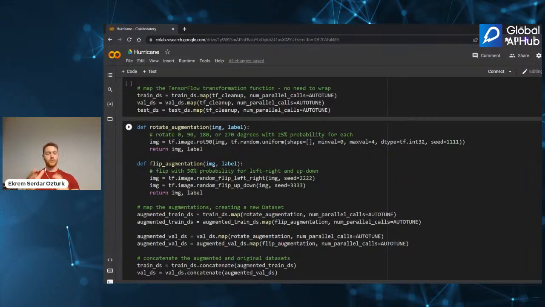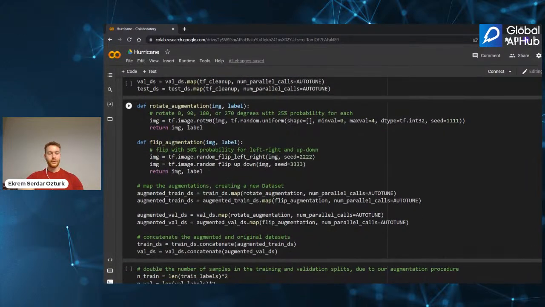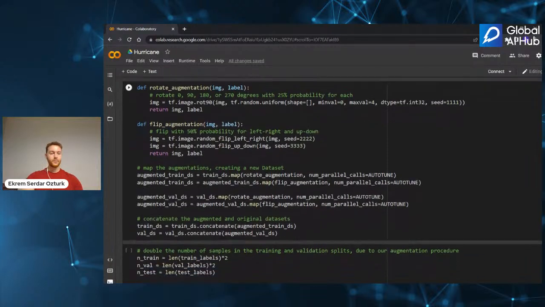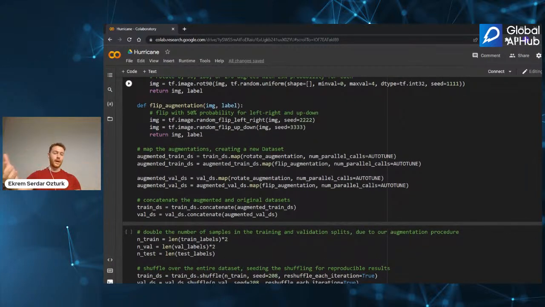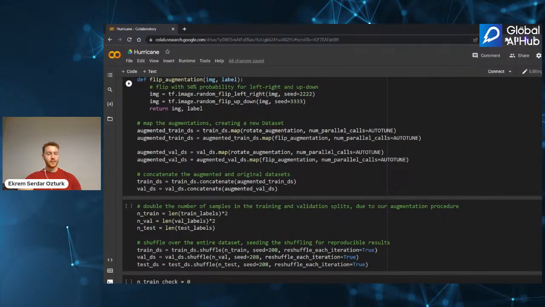We just rotate the image, crop it, or flip it, things like that. Then we created a new dataset, well, it's not completely new. So we augmented the train dataset.